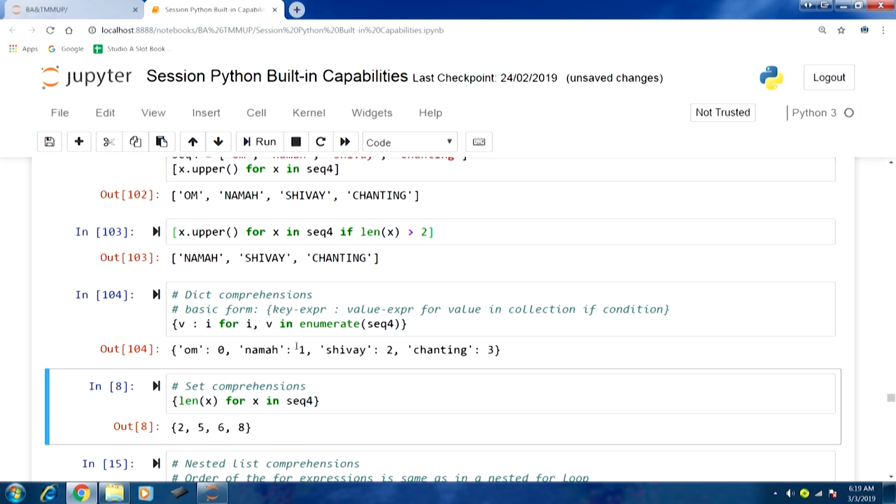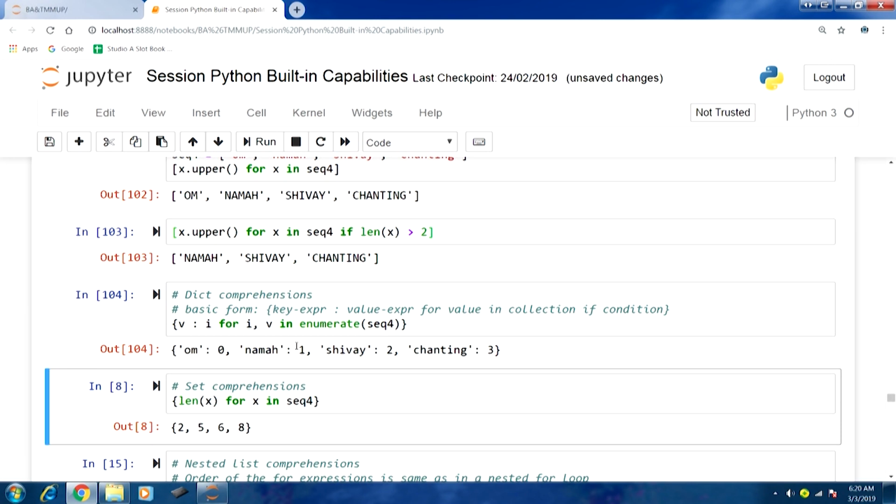Now, the next type of comprehension is the set comprehension. The form is quite similar to the other two, so again I am directly using an example here. This is also within curly braces, and the transformative expression that we have is length of x.